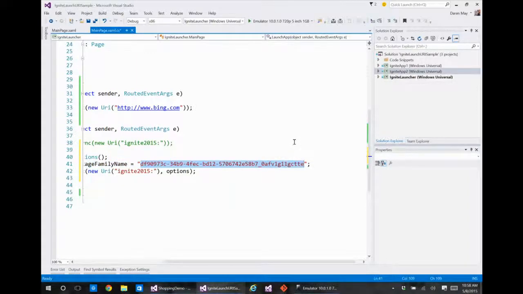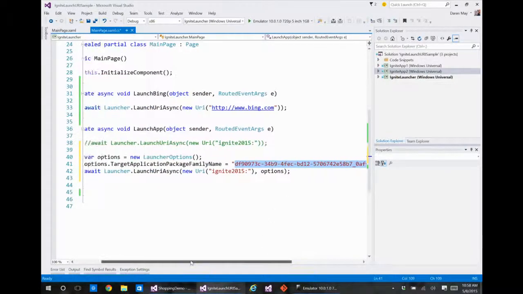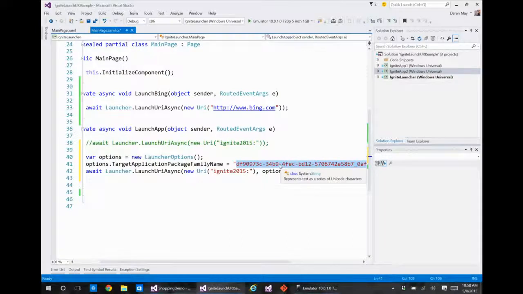But that is a unique identifier. You get 2 of them. When you do a new app project, this is what Visual Studio creates for you. When you actually create and reserve a name in the Windows Store, you get a different name there. It's more fully qualified and human readable, plus it gets a hash of a certificate that sits behind the scenes as your code signing. So don't worry about this too much. I'll show you how you get it in a second. But what this does is concretely identify a specific application that I'm expecting to support this protocol.